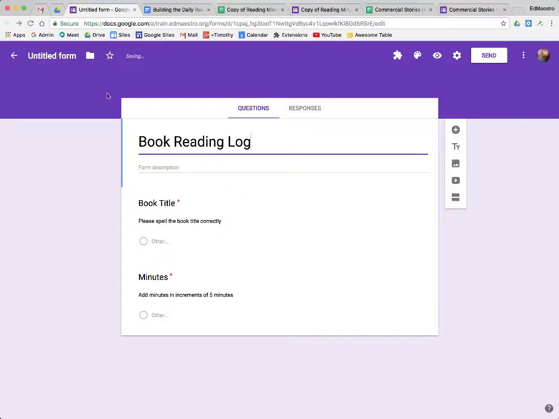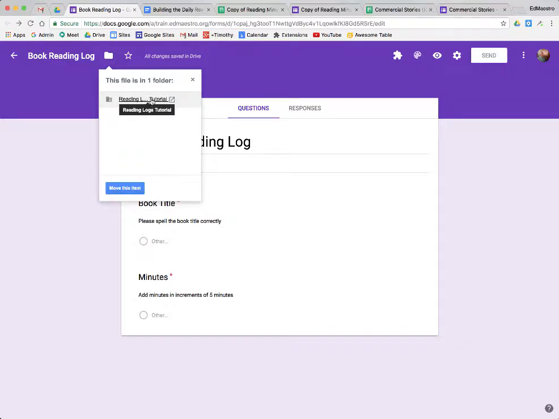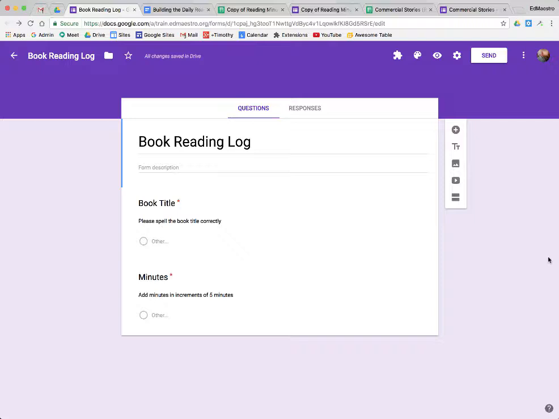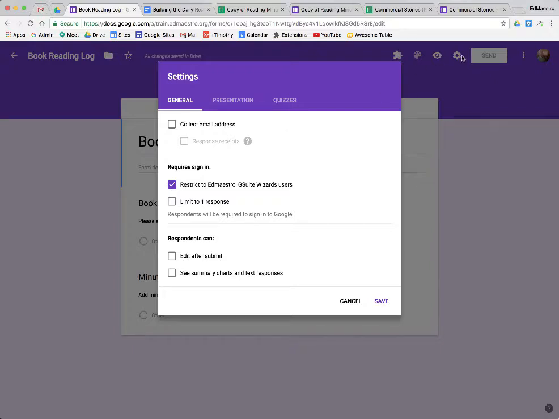And when I click over there, that names that. I always want to make sure I'm putting this in the right place, but I knew because of where I built it, it's in the right folder. So that's it. The next thing we need to set up quickly is under the three dots here, the gearbox,